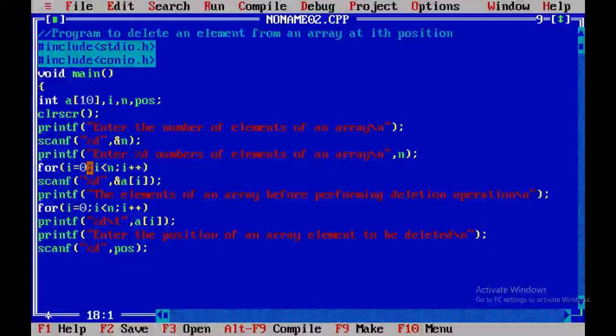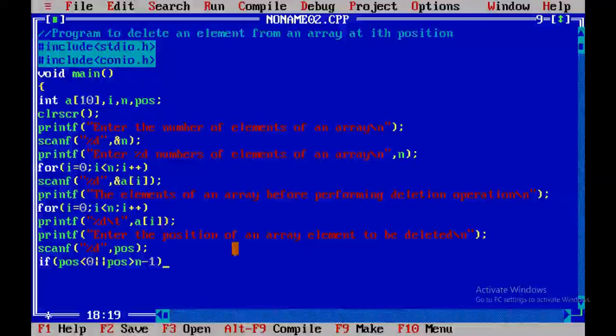So I'll check whether the user has entered a valid position or not by using an if statement. If position value is less than 0 or the position value is greater than n minus 1 actually, because the last index value will be n minus 1.